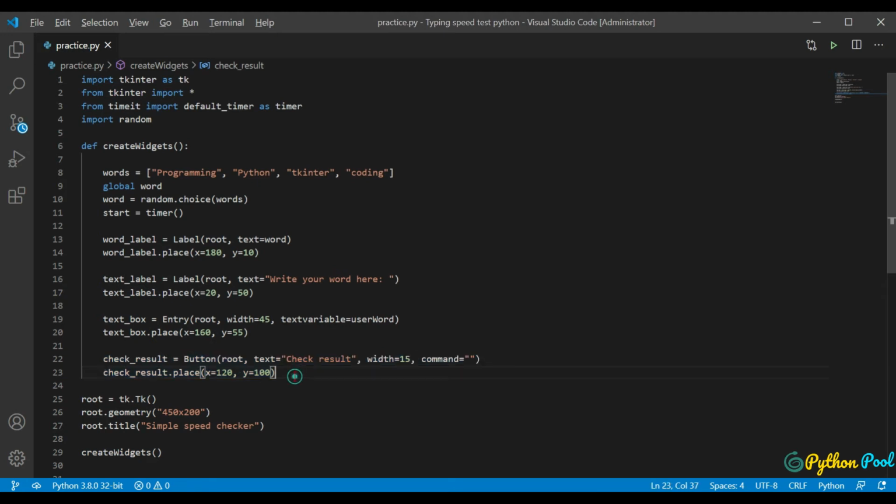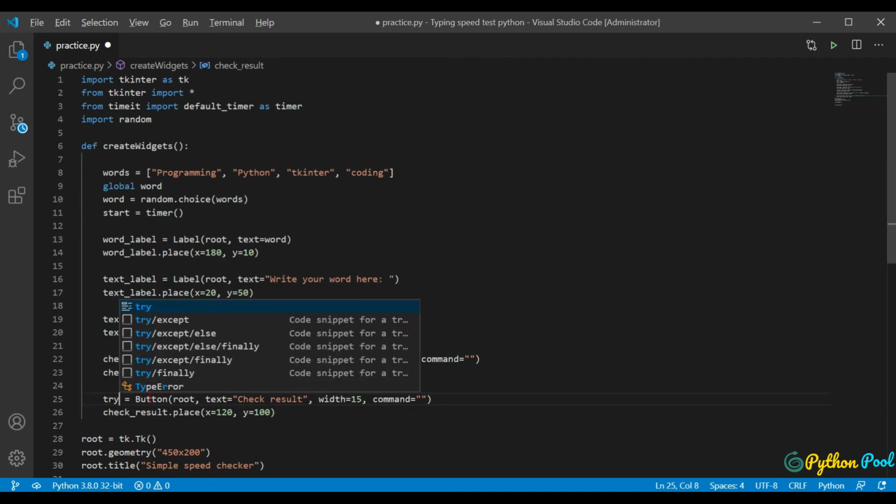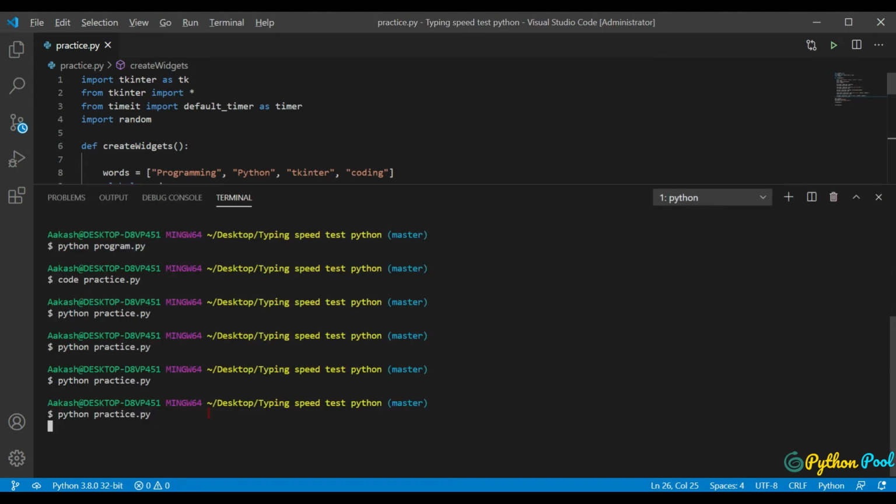And once we created this button, we need another button for try again. So Control C this one, Control V here. Let's change this text to try again. Should have changed this text as try again. I don't know, give it 160 and the same line. Let's see how it looks.